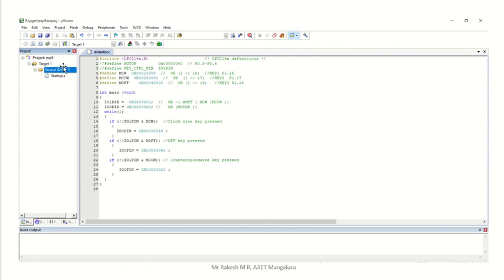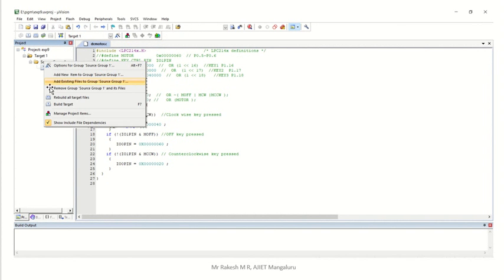Then go to Source Group 1. Verify that your startup library file is added or not. If it is added, right click on it, then Add Existing Files to Group Source Group 1. That means a program you stored in some folder, you have to add that program to Source Group 1.